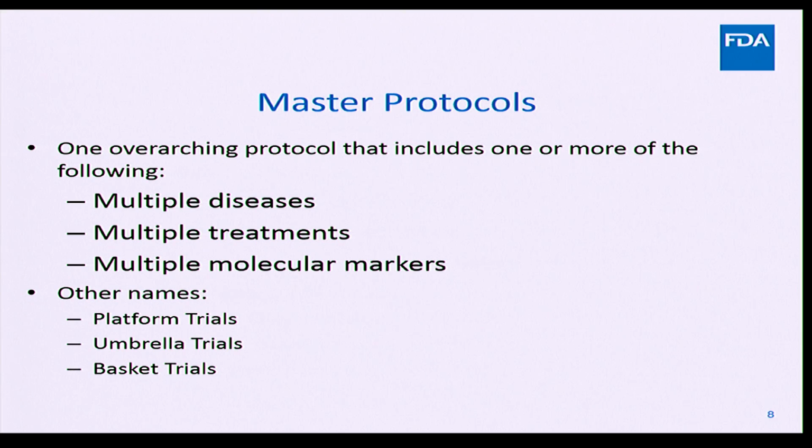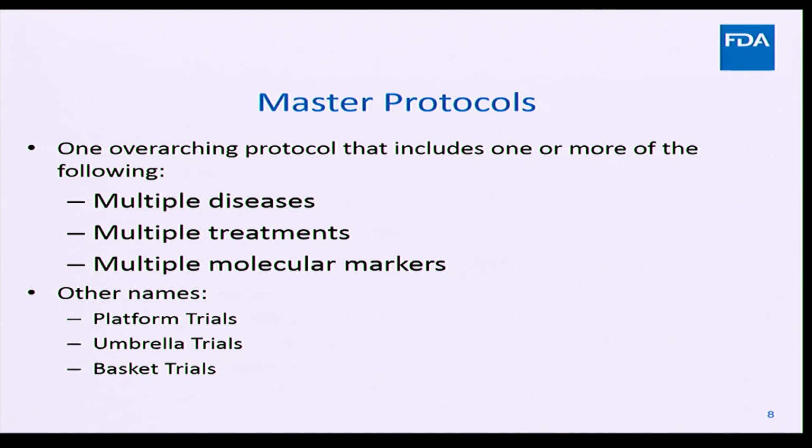Master protocols, Mary touched on this. Here you have an overarching protocol that includes one or more of the following: multiple diseases, multiple treatments, multiple molecular biomarkers. So basically here you're trying to answer multiple questions, or you have multiple objectives. So you may have one treatment with multiple diseases, multiple treatments for one disease, or you may have both multiple diseases and multiple treatments. And these have been given different names: platform trials, umbrella trials, basket trials, but they are